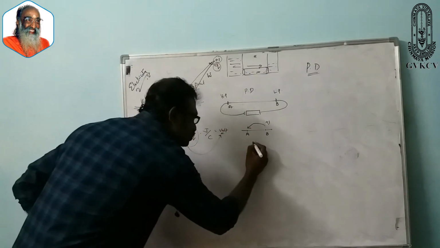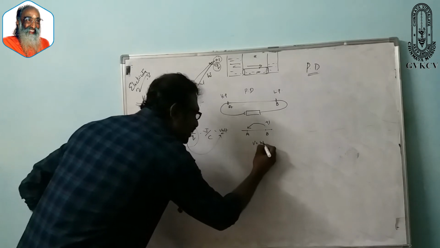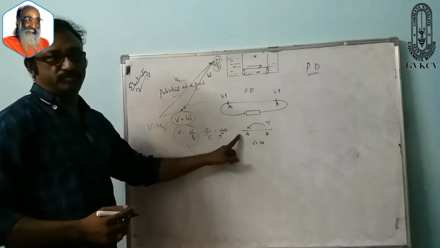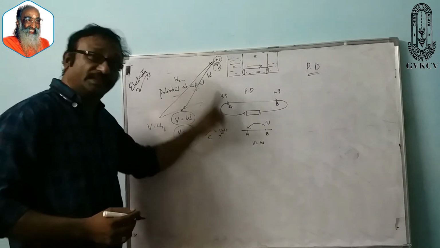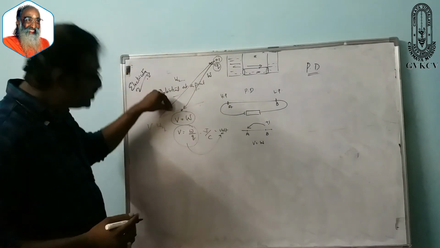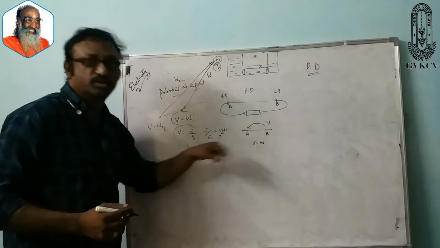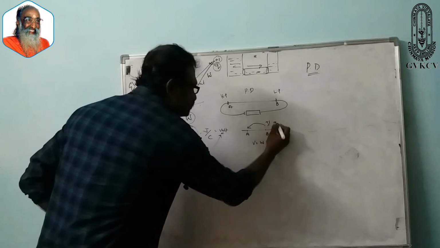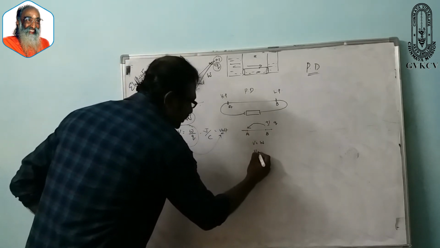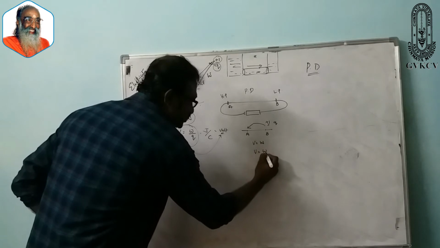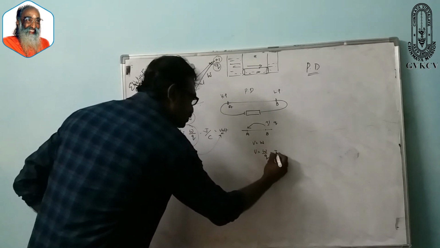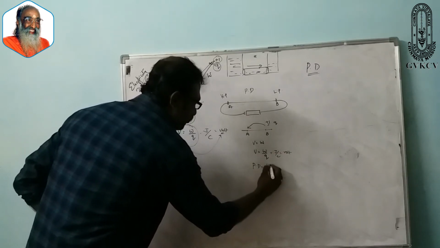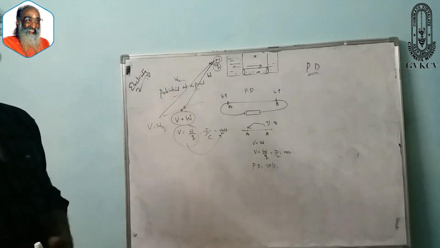So the potential difference between the 2 points is the amount of work done in bringing a unit positive charge from one point to the another point. There it is from infinity to this point, and here it is from one point to the another point. So here also, always we cannot go with this. If charge Q is brought from one point to another point, then potential difference between the 2 points is V is equal to W by Q. The same thing, joule per coulomb, that is the volt. So the SI unit of potential difference is the volt.